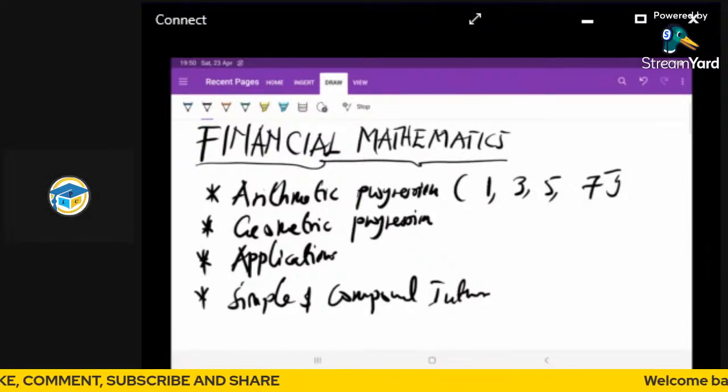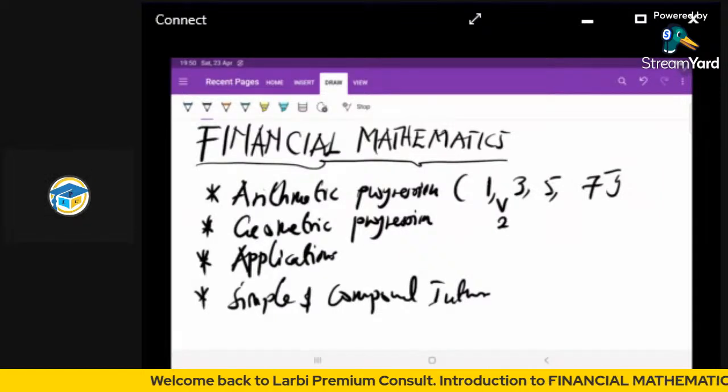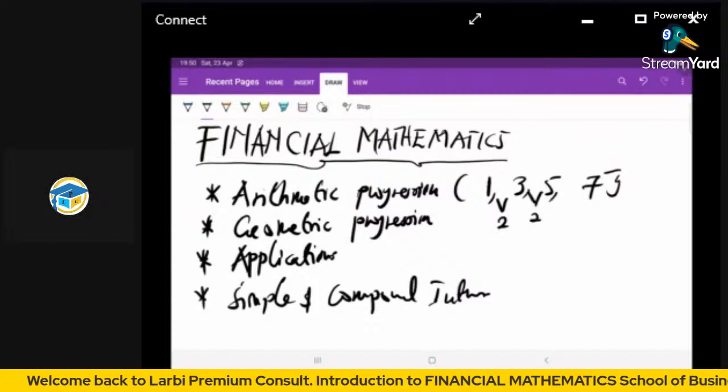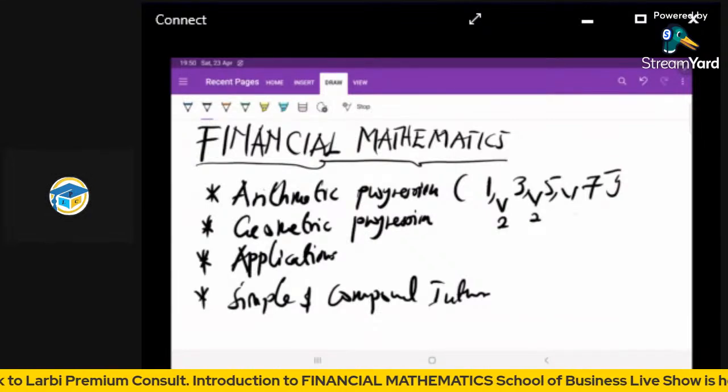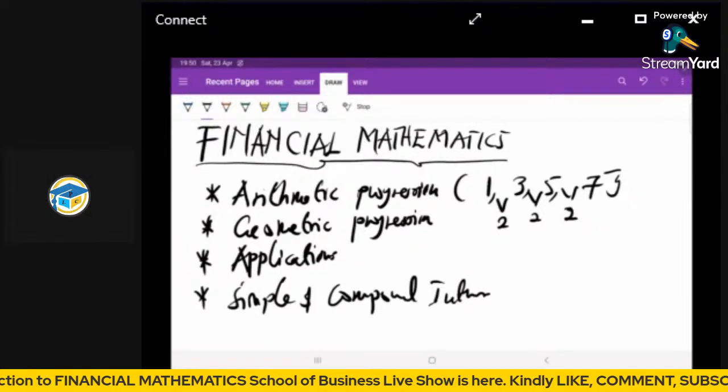We can clearly see that from one to three, the difference in between is two. Is that okay? And from three to five, in between is the same thing, two. Is that okay? And from five to seven, in between is also two. So at any time we have